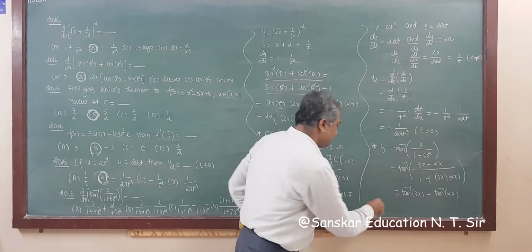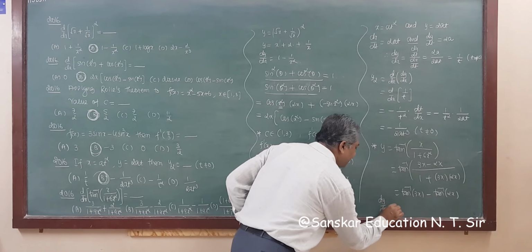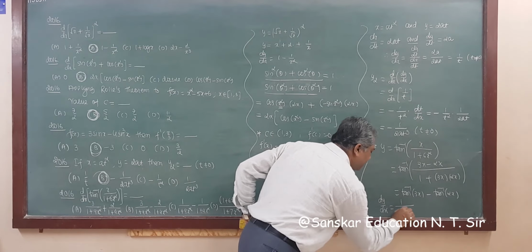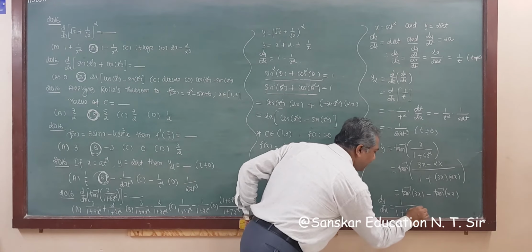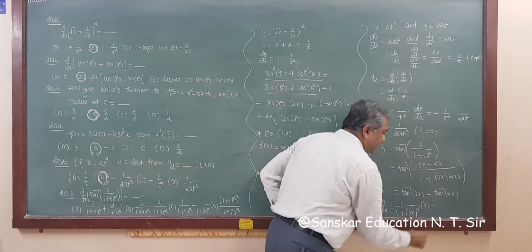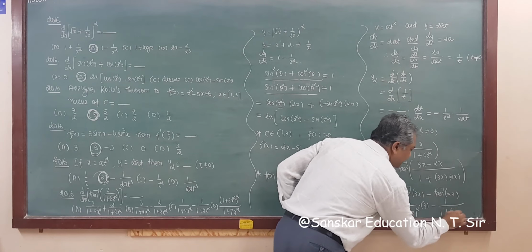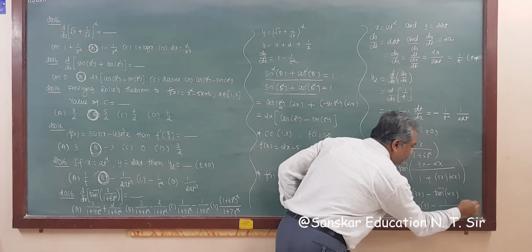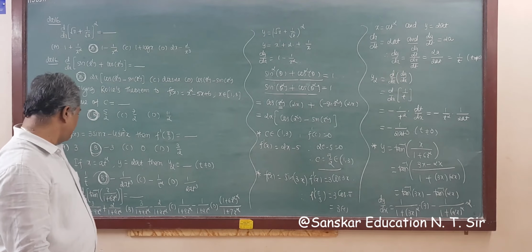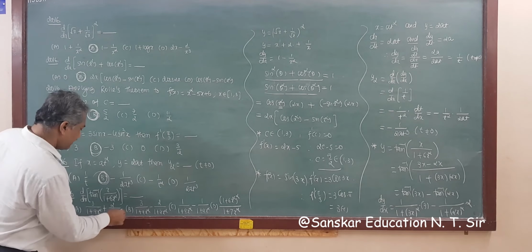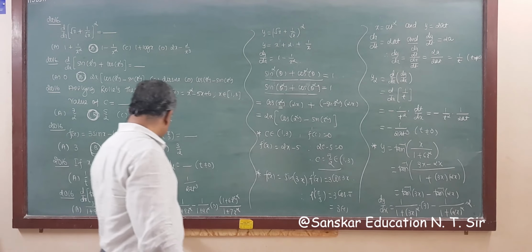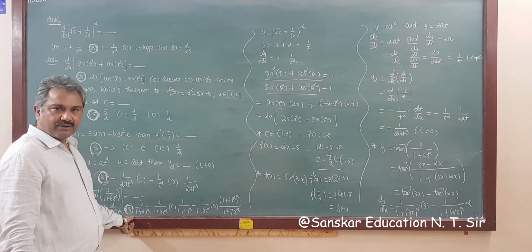So now the derivative, dy by dx, is equal to the derivative of tan inverse bracket, 1 upon 1 plus bracket whole square, into the derivative of the bracket, that is, the derivative of 3x is 3, minus 1 upon 1 plus 2x whole square into 2. So which one is your answer? Option B is your correct answer, because 3x whole square is 9x square and 2x whole square is 4x square. So the proper answer is B. Okay, thank you.